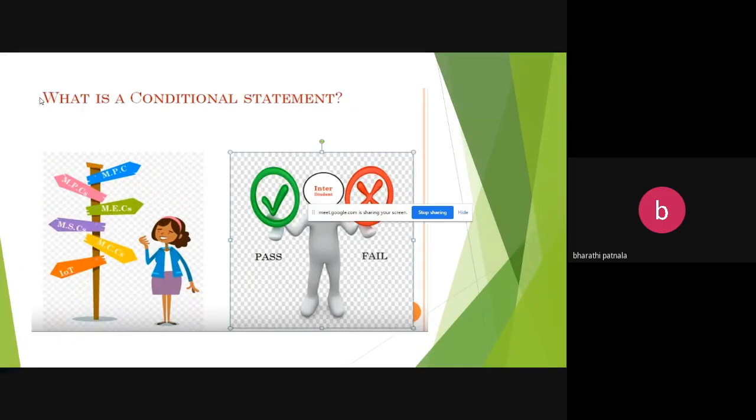So conditional statements. We have different types of control statements in any programming language. When you consider any programming language, the flow of execution of statements is called a control statement. In general, the flow of execution of a program is very important when you retrieve a particular output. In control statements, we have sequential statements, conditional statements, as well as looping or iterative statements.